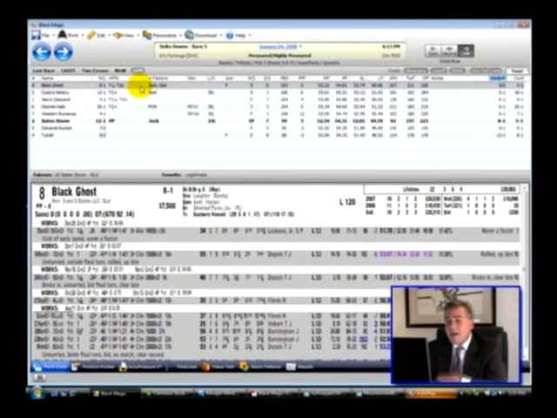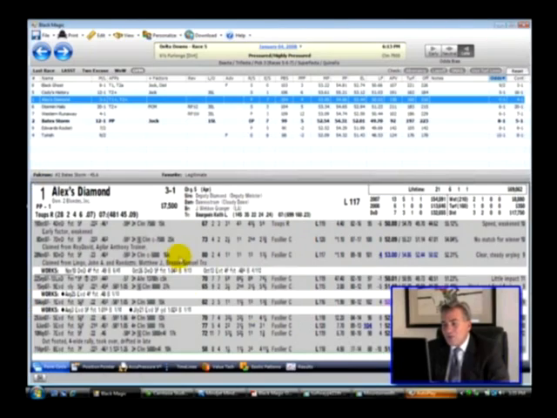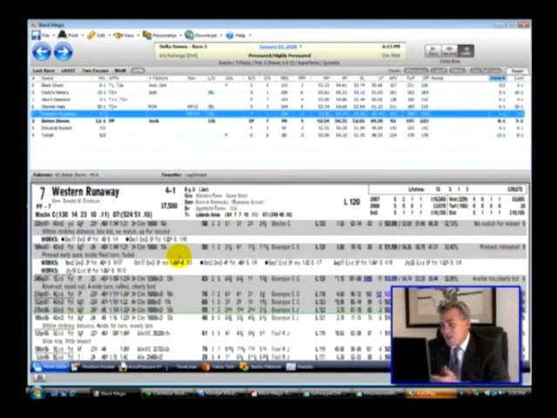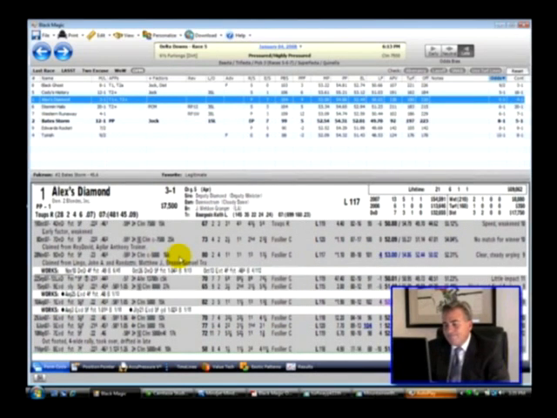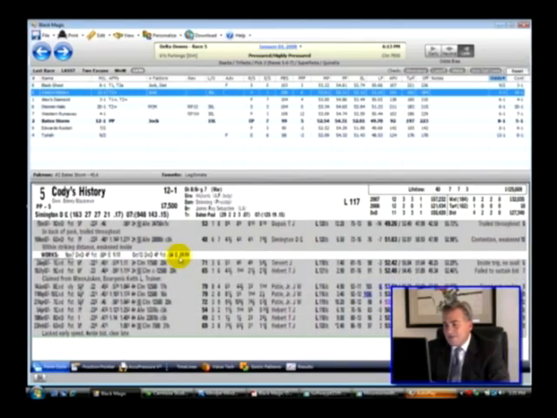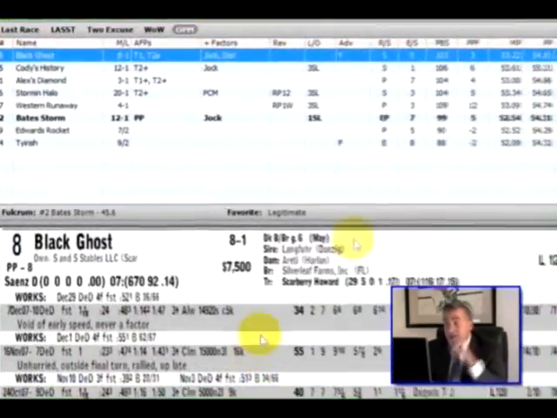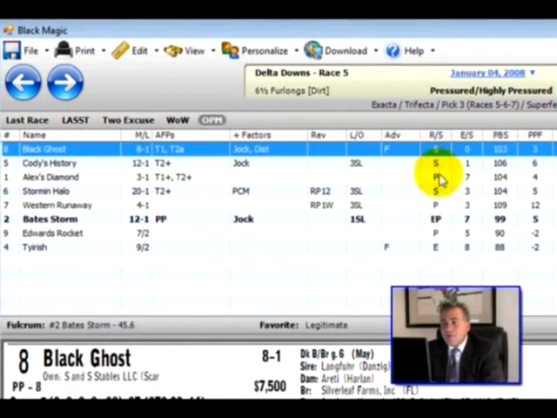I saw that there were 3 closers by eye. How did I do it by eye? Very simple. I scrolled through the past performances and I looked for the closers. And just by eye, as I went up, I said, well, the 6 can certainly close. The 5 closes a little, and the 8 certainly closes. And I noticed there's a running style evaluation. There were 3 sustained horses in the race, and those were the 3 sustained horses which I'm looking for in